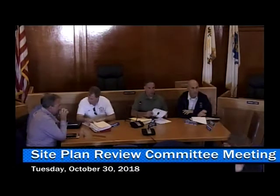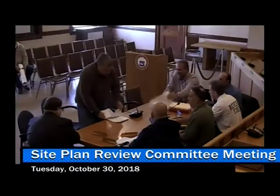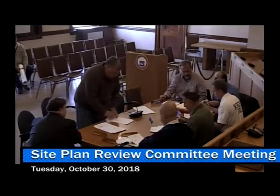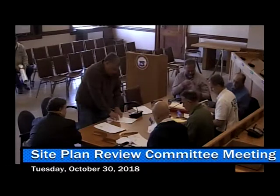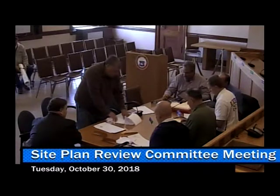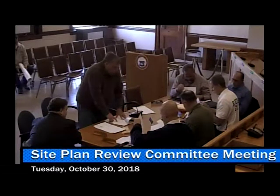Next site plan is for 22 Payson Street. Hey, everybody, Tom Hill, 58 Pleasant Street, Revere. I have a single-family house with a vacant lot of land, and what I'm trying to do is separate the two of them. The first page shows the existing house has a wraparound porch, and there's a lot to the left that is just used as a yard. My intent is to take the porch off the left side of the house to create 2 parking spaces for the existing house. The third page is a proposed site plan showing a 2-family,